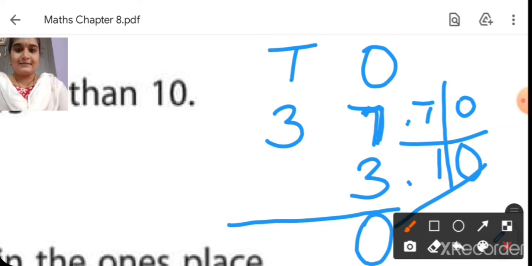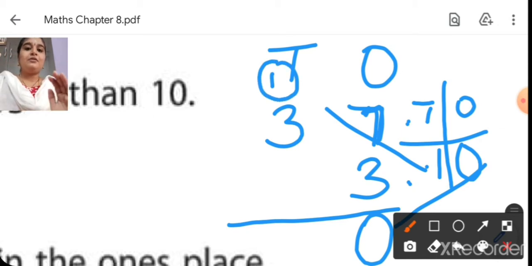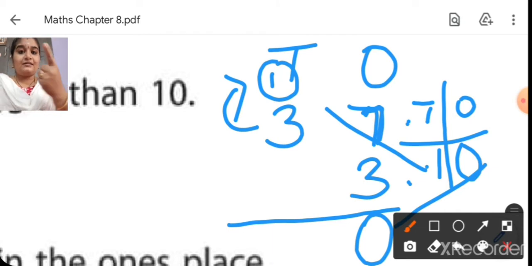That is the answer of the ones place, and then the 1 in the tens place will be carried forward. It will go to the next tens place. Actually, 10 means that 1 will be in the tens place, right? So we are carrying it forward. Now we are going to add those two. 3 in the mind, 1 on the finger. After 3, 4. So the answer is 40.